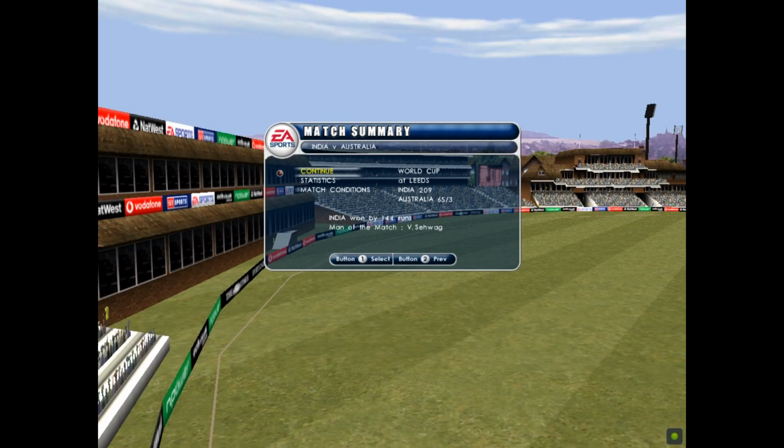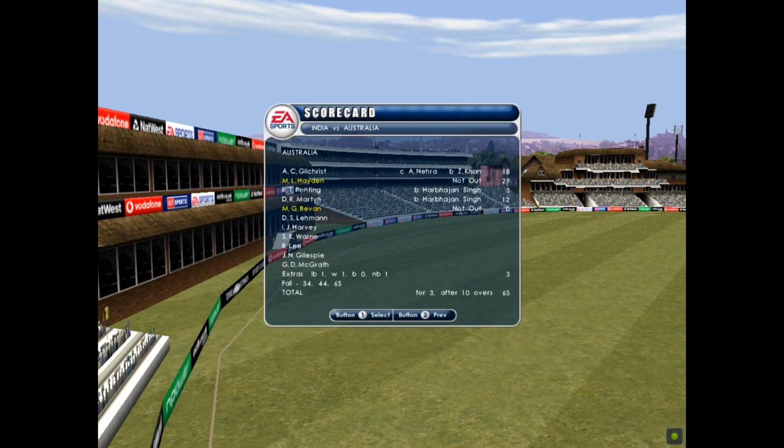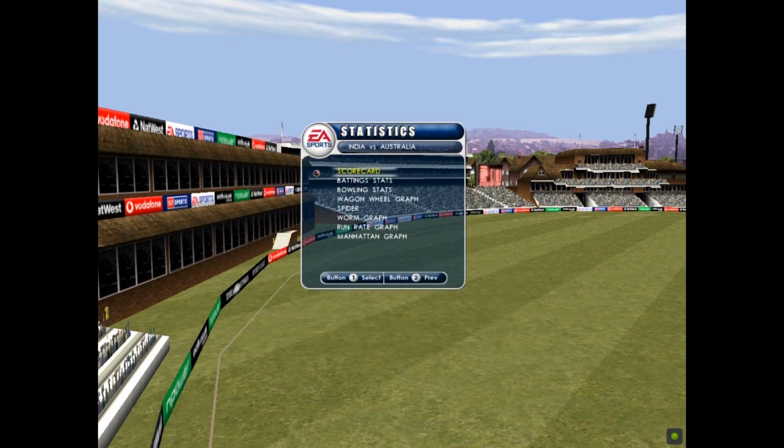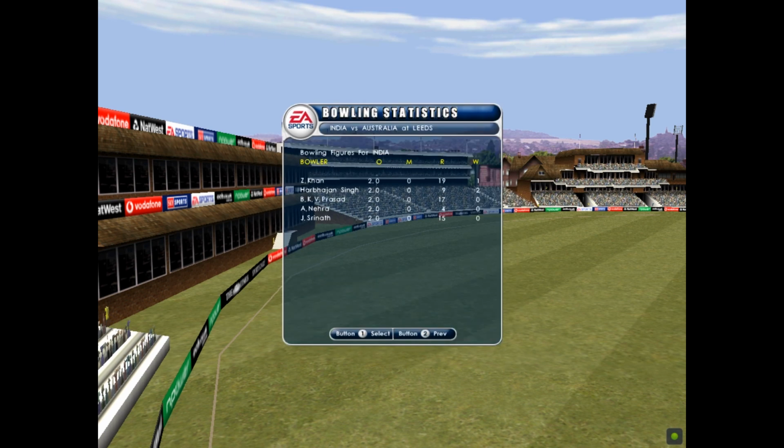So to sum up then, India win by 144 runs. Well, let's take a look at the scorecard. These are the bowling figures. Singh has completed his allotted overs with figures of 2 overs, 2 for 9,